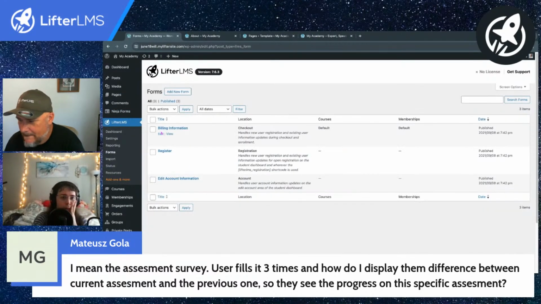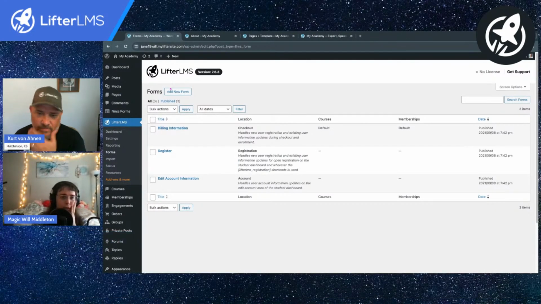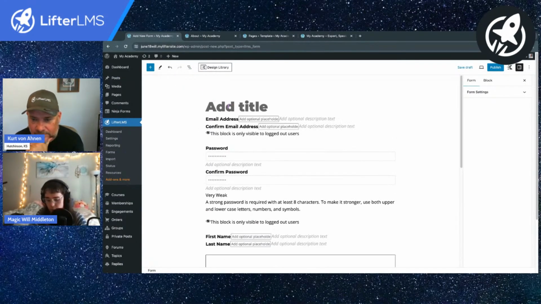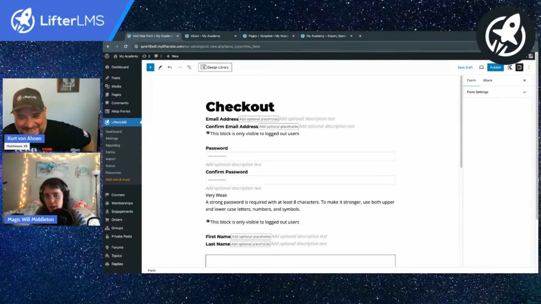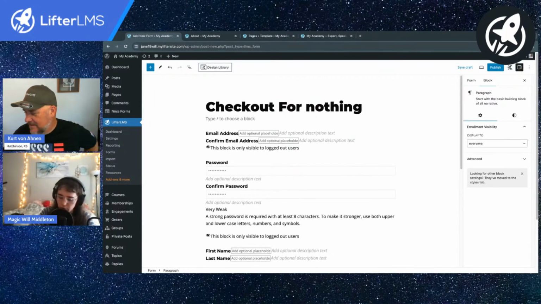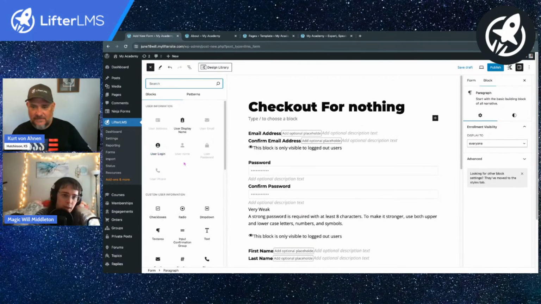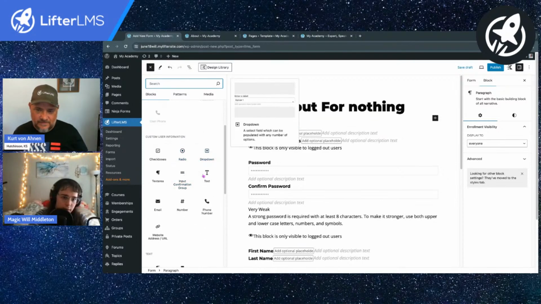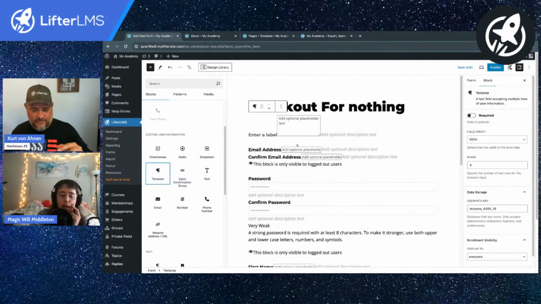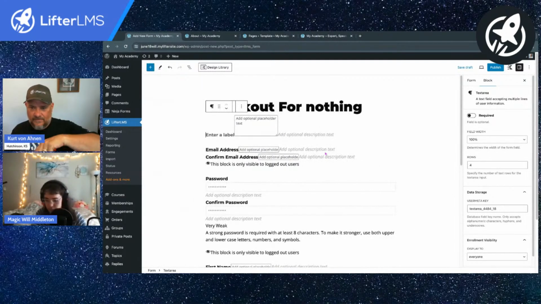If you go to LifterLMS forms, this is where we edit our billing information and stuff. But if you have the custom fields add-on, you have a couple extra features, like the ability to add new forms. We're kind of hacking the tools here. This isn't really what it's meant to do. This is just a sample checkout, because we're addressing this use case where we need a text input field. Where's the text area? That's it, and this is formatted perfectly.